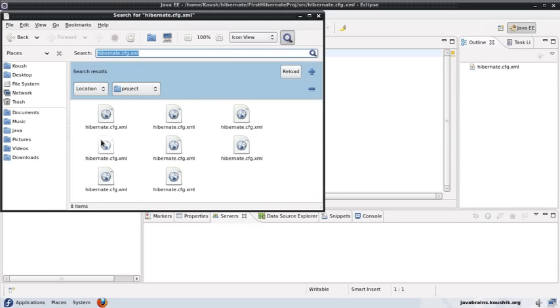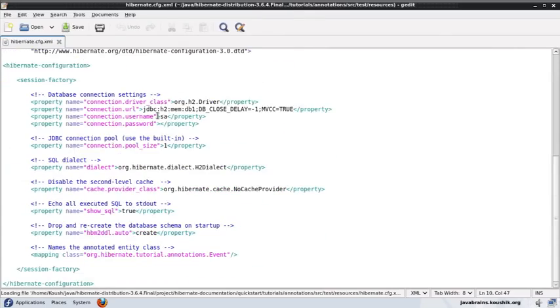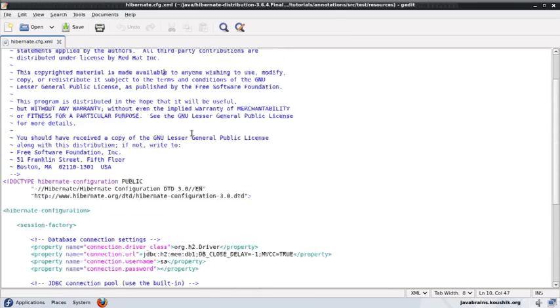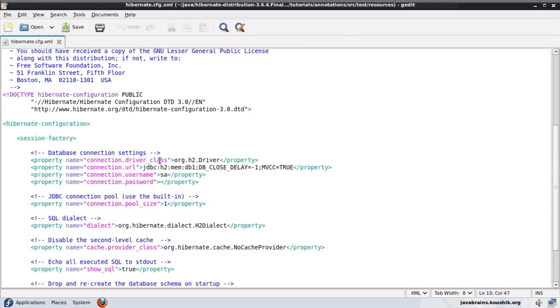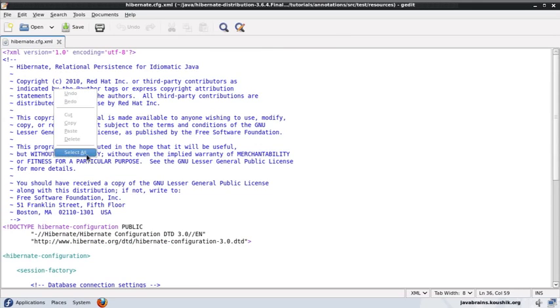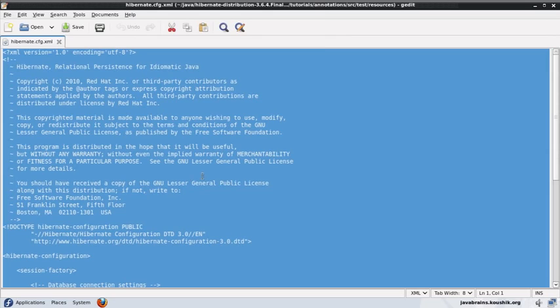So what I do here is I search for hibernate.cfg.xml. There are a lot of configuration files. So let me just open one of these. So here you can see this is an example configuration file with all the required information. So what we need to do is we need to just change the values according to what we have. So in this example, they are using the H2 database. So in this case, we will have to just replace this with our Postgres database details. And of course, if you're using H2, you can use most of the values here as is. So let's select all, copy this,